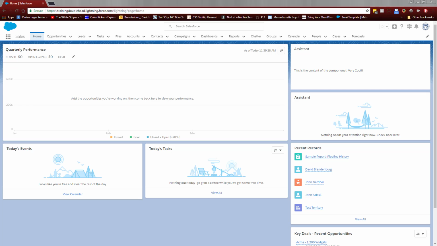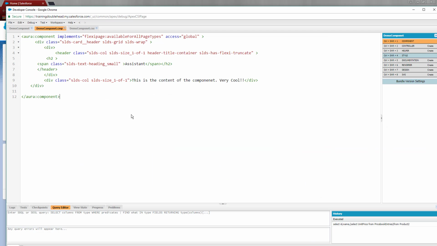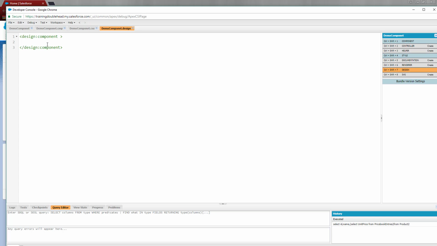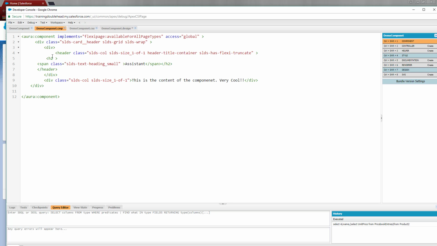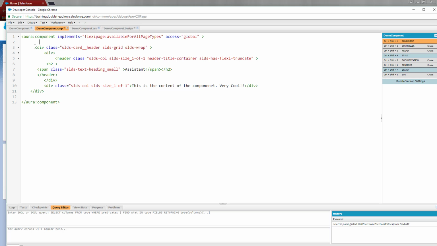Let's add one more thing, one more item to this page. And let's dynamically add a design attribute. So we're going to go back into our console, go down to design, and design attributes are used to get information from the user when they set up the page, and then we can render it onto the main component. So our first step here, I actually skipped a step, so we actually have to set up a variable